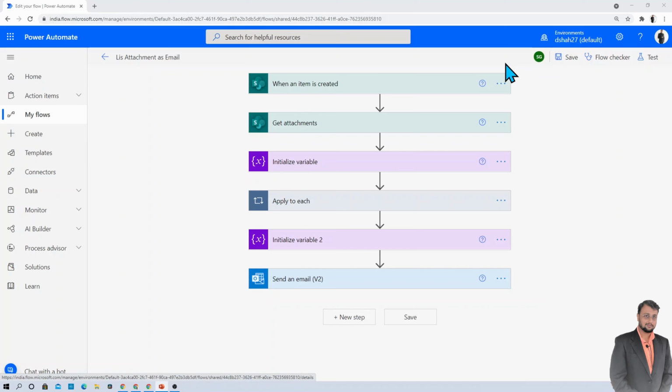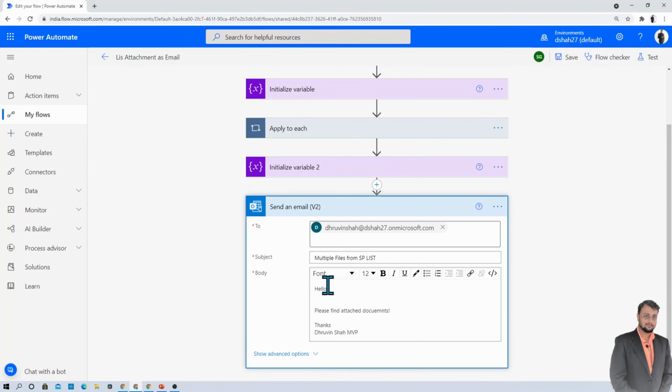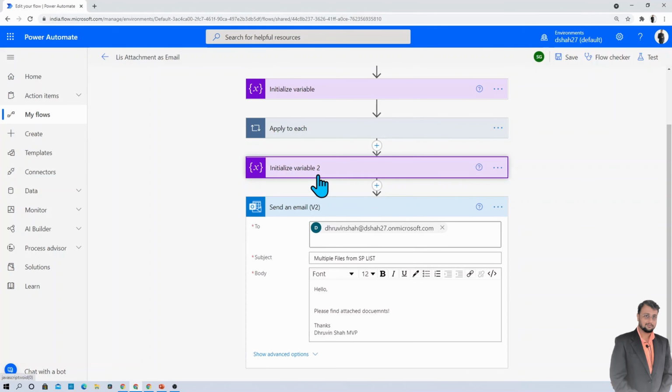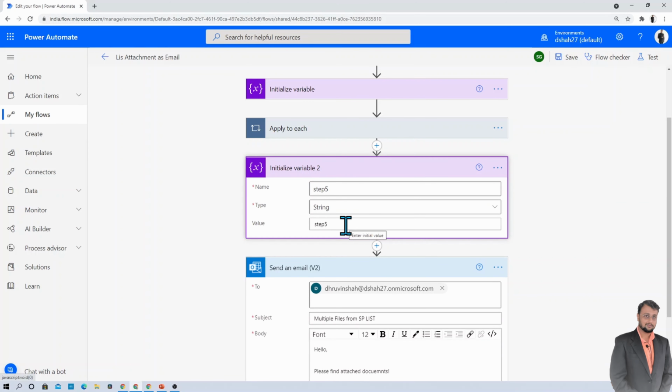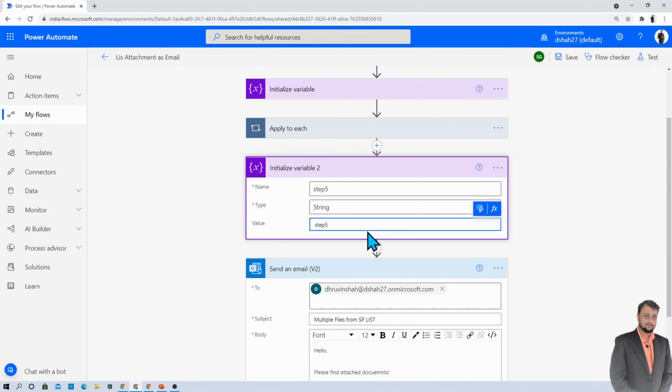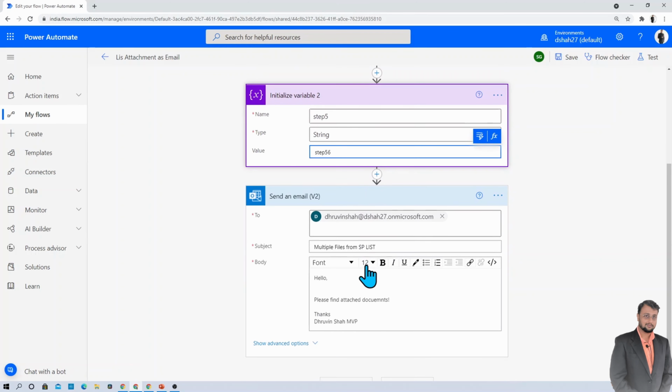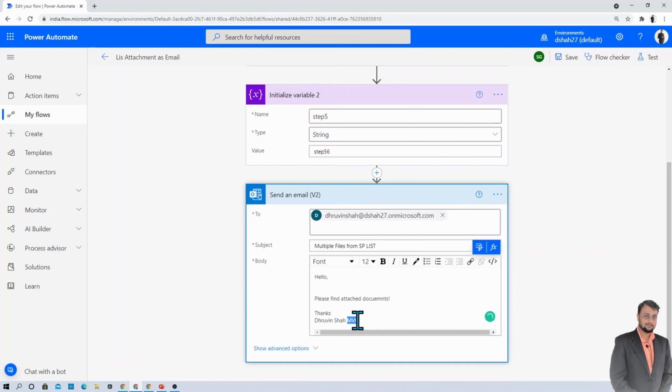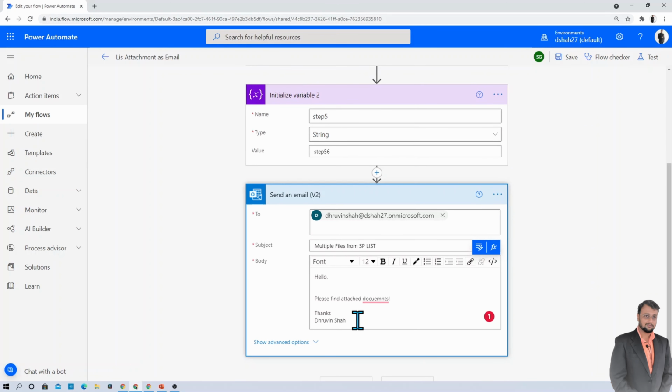Right? Now let's get started and make some changes to the flow and let's check the conflict mechanism. So let's say for an example, here I have one action called send an email and here I have one variable, initialize variable. Now let's say with Dhruvin's account I am making two changes over here, step 5 6, and over here I am just removing the MVP word. I will just have Dhruvin Shah.